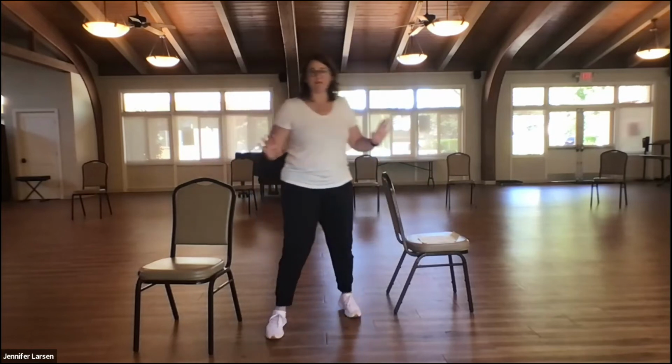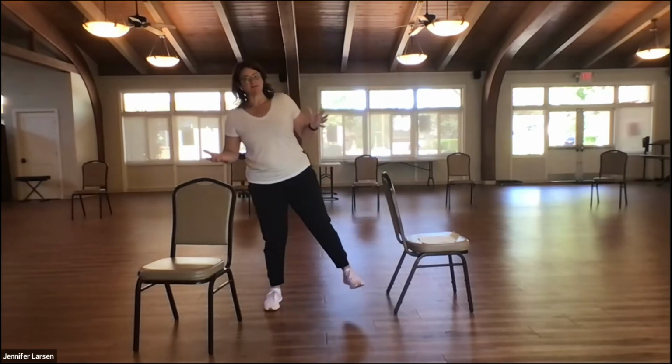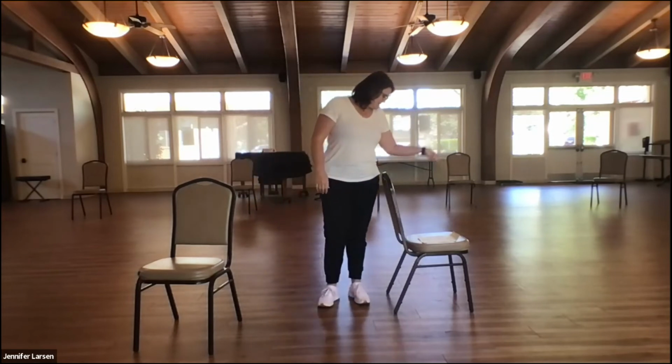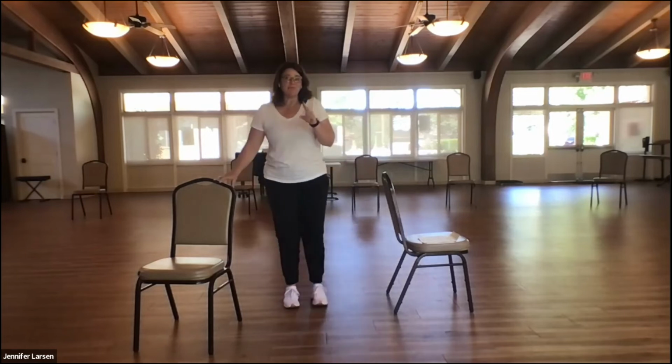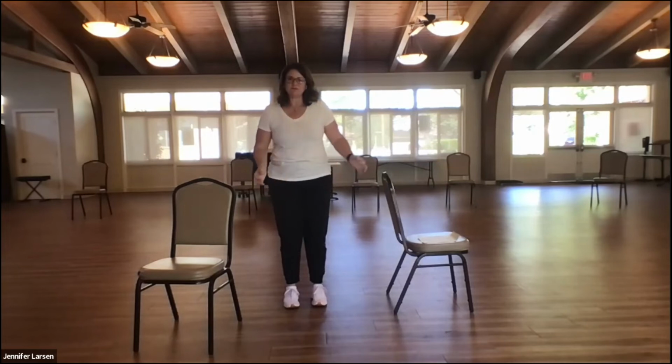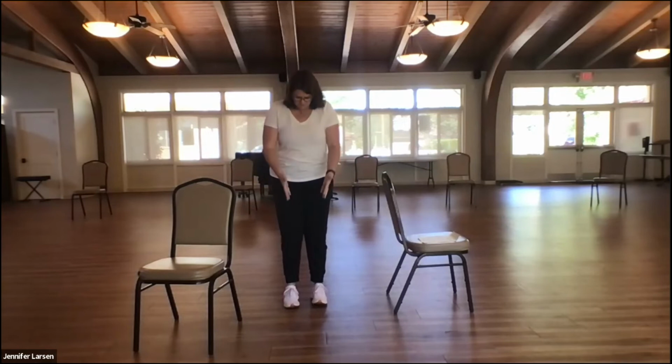If you are comfortable only, please, you can do it backwards, okay? So that sway is super important. All right, side step and tap is another way to make sure that your feet are not too close. Like right now, I can put myself in this position